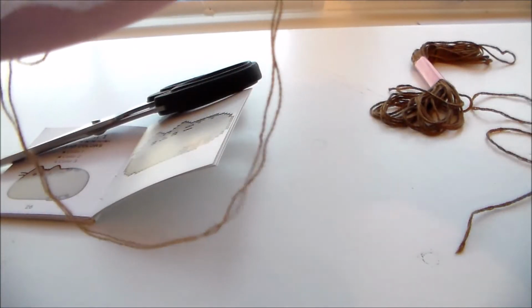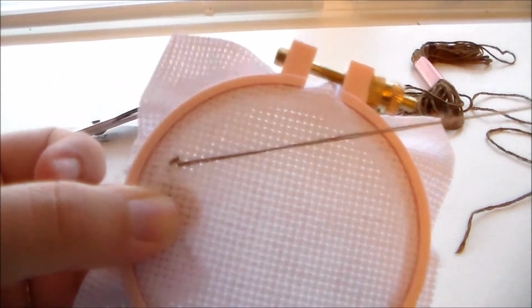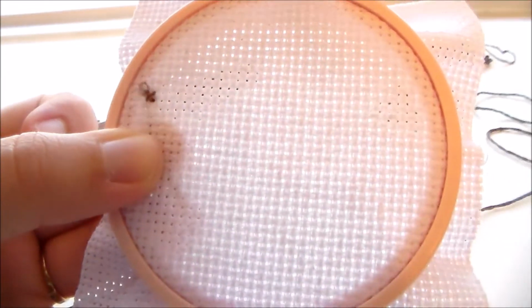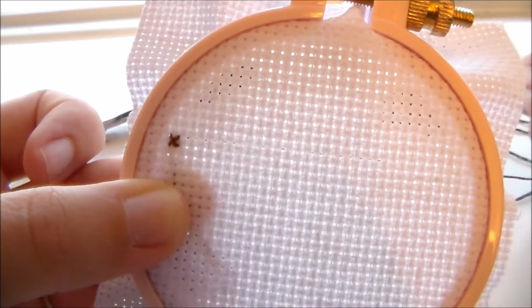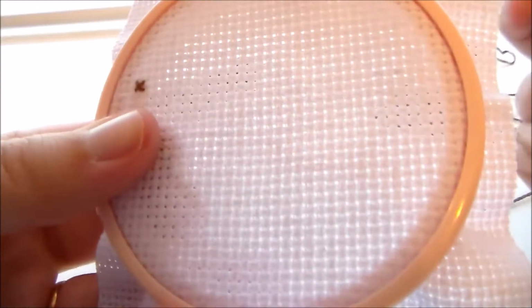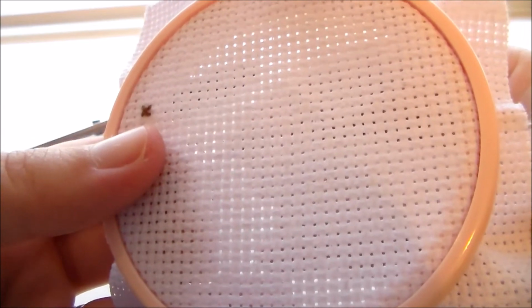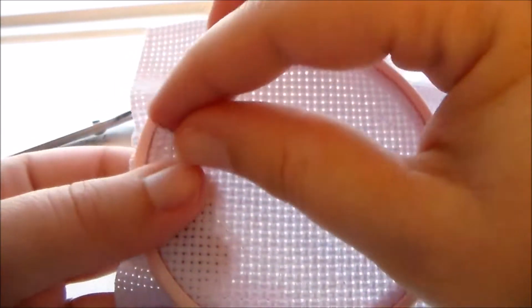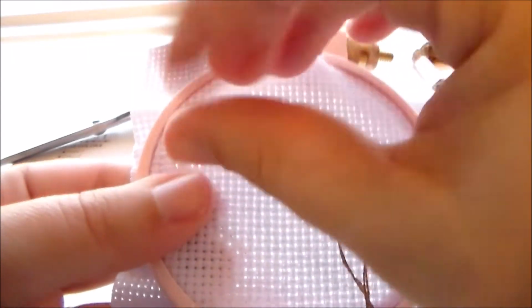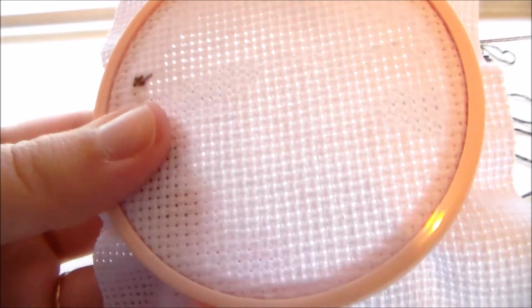Oh, it's all knotted, come on. There we go. And then back through the upper left to make the cross, and then the excess thread is going to end up getting sewn in with all of the other threads as time goes on. So we're just going to do the exact same thing